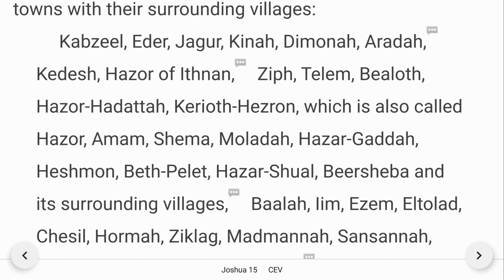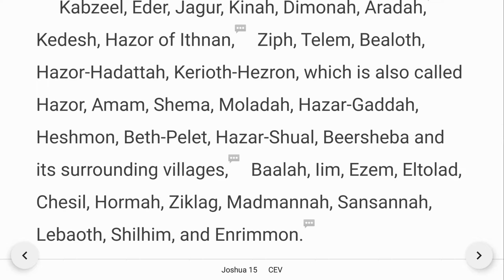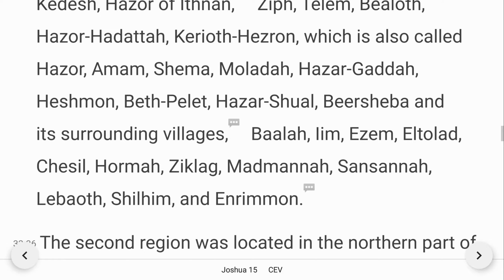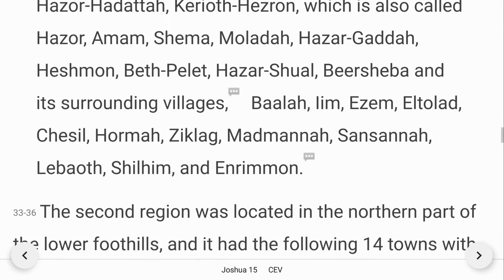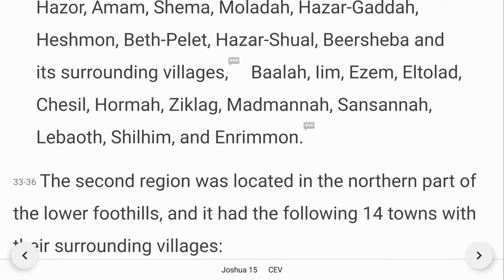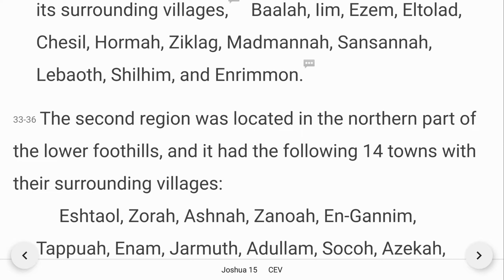Heshimon, Beth Pelet, Hajar Shuar, Beersheba, and its surrounding villages: Bala, Lim, Ejem, Eltad, Chesil, Hormath, Kikrag, Madmana, Sansana, Lebrath, Silim, and Enrium. The second region was located in the northern part of the lower foothills, and it has the following 14